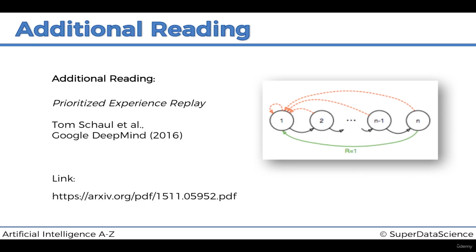So this is 2016 and published by DeepMind. So it's a very recent, very powerful paper. So you'll be able to actually explore the limits, or explore even further this algorithm and take it to the next level. So I'll leave it up to you to find out why and how we can change the uniform distribution to a different approach to experience replay from this paper if you'd like.